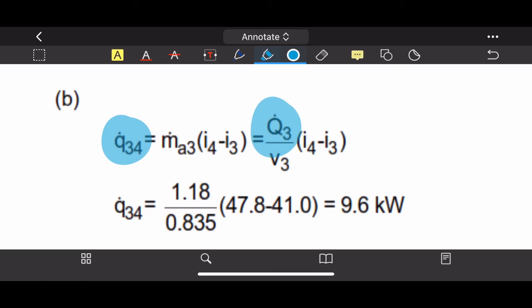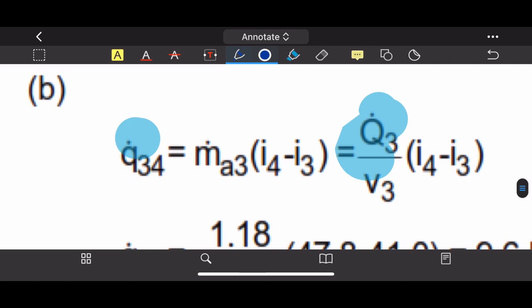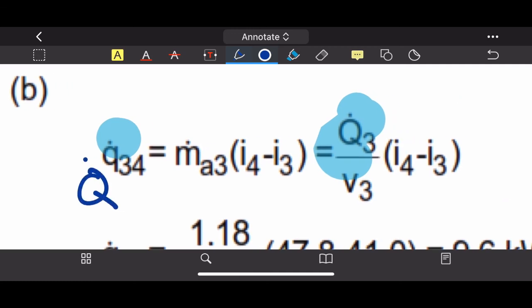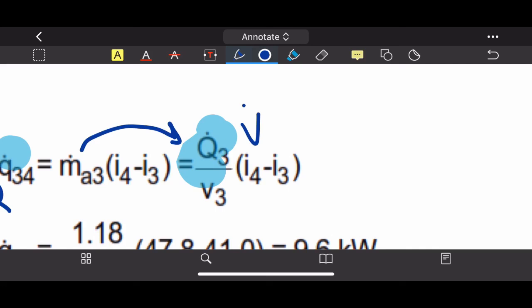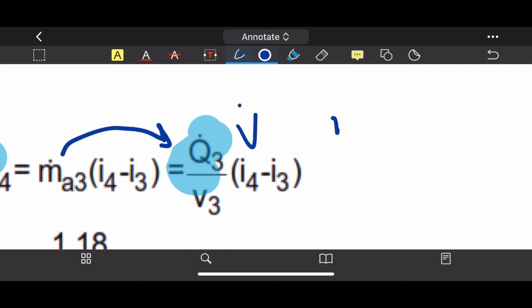So this is purely fluid mechanics. In thermodynamics, this will be a big Q dot, which is Q heat transfer, and this will be big V dot. So what happens here, if you still remember your fluid mechanics and thermodynamics, m dot equals V dot, which is the volumetric flow rate, divided by specific